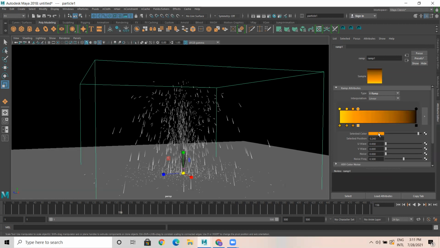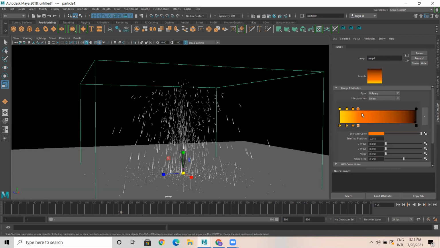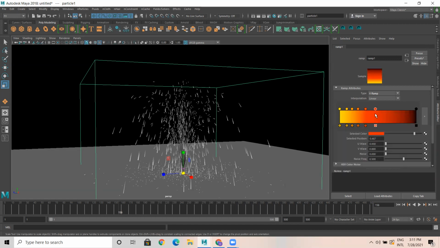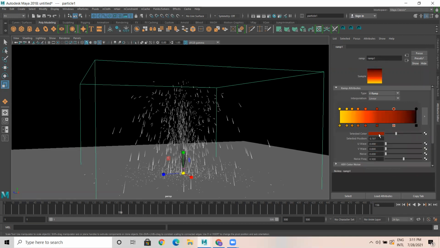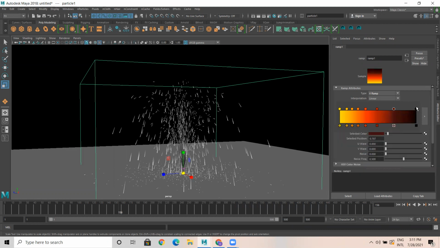Then again click here, particle color to be of orange. Then here it's red. Then it should be maroon. Then, means when the firework dies, how does it look? It will be something like this. Then black, right?